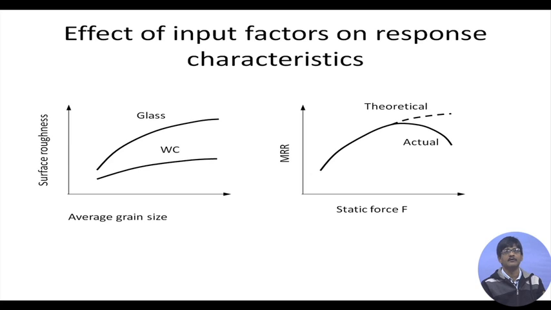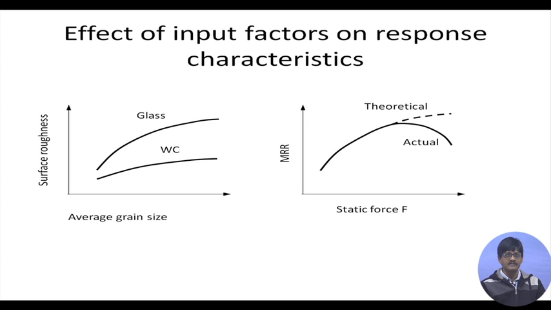We had first come across a diagram in which we are seeing the effect of average grain size on the surface roughness created on tungsten carbide and glass. Glass and tungsten carbide are the workpiece materials, and average grain size basically means the average abrasive grit size. So, I am increasing the grit size and checking the effect of the increase in grit size on the surface roughness produced on tungsten carbide and on glass. The first and foremost thing that we notice is that